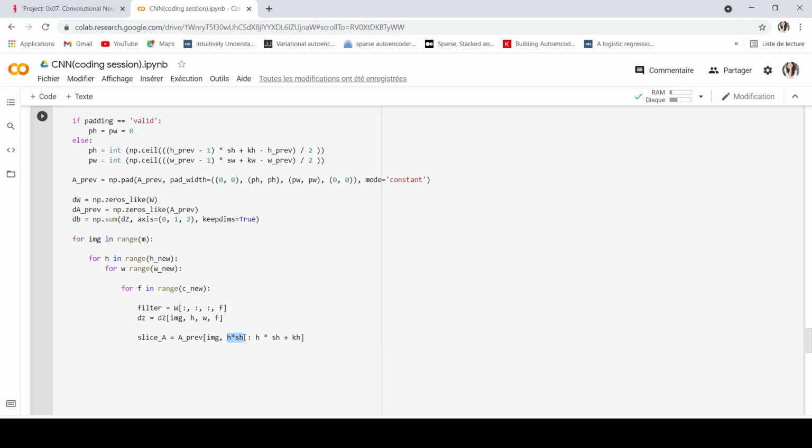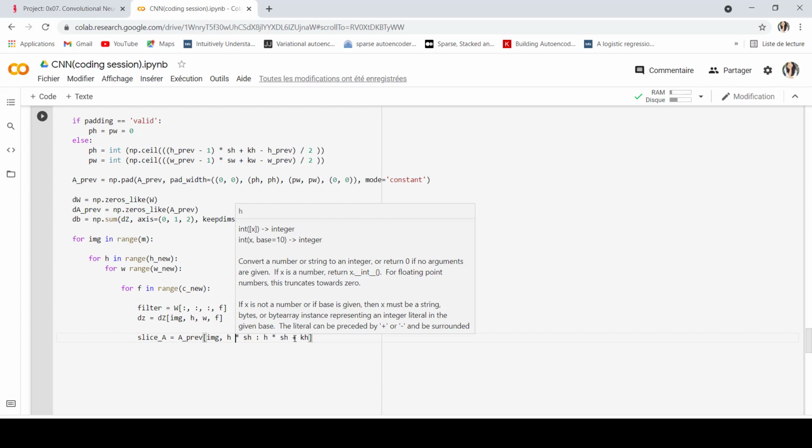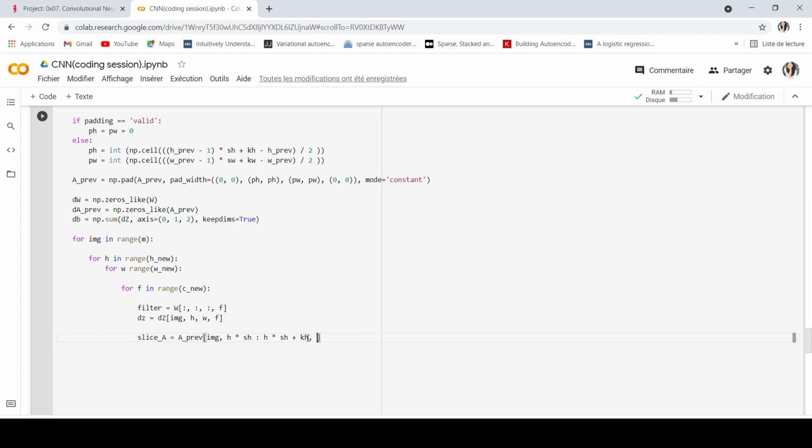In the previous task I called this x and y, but it's okay. So I just write it here as it is, and the same thing with the weight. So this is the slice that we already worked with.